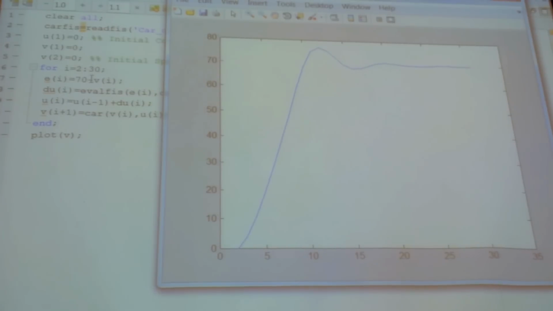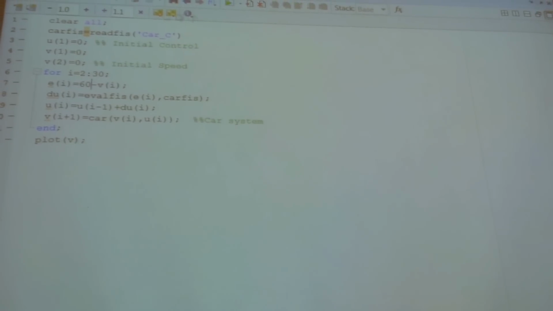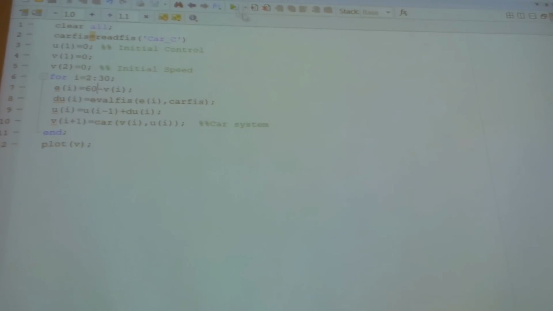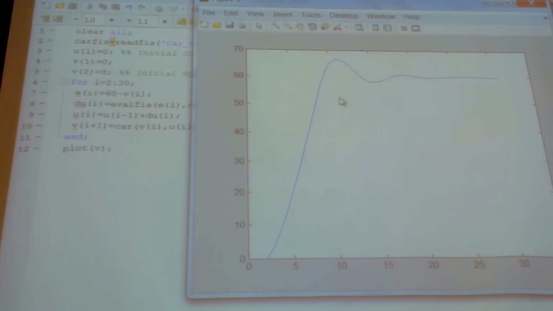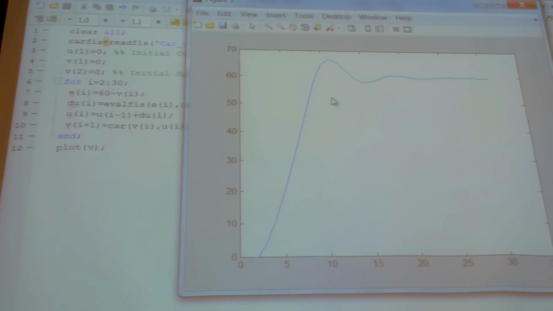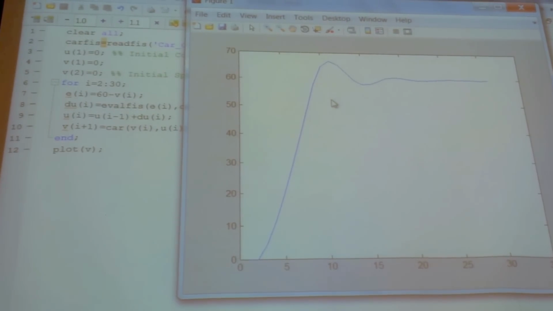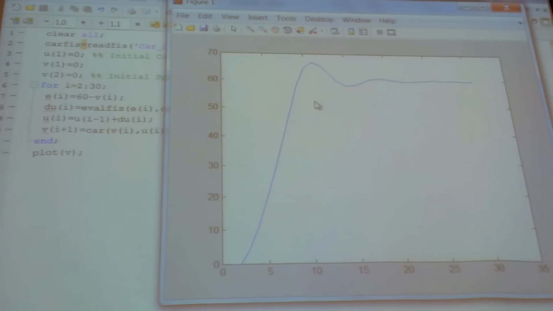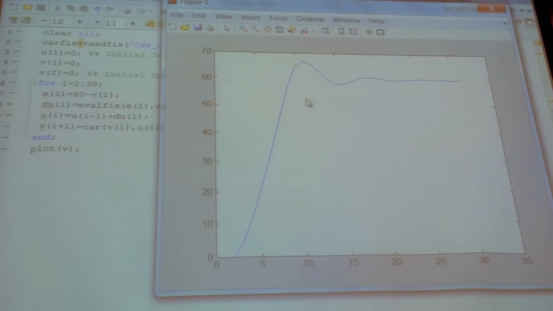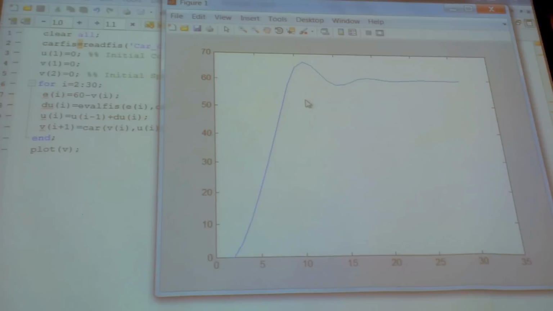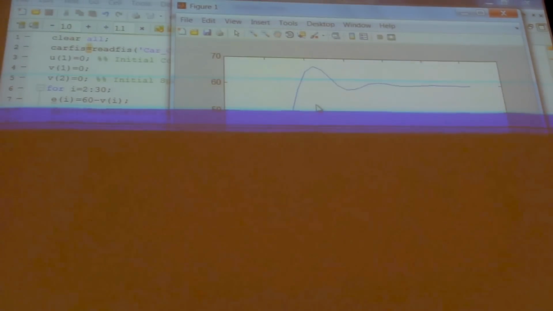As I mentioned here, if you want to change this to 60, this supposedly will give us the 60, and you have a little bit of overshoot there. But we only have maybe several seconds of overshoot. It's actually not a big deal, right? So that's the fuzzy controller design, and this weekend I will upload all